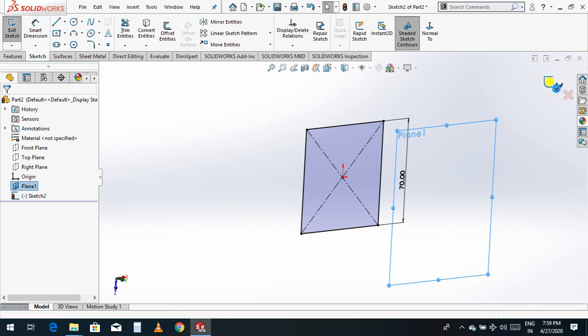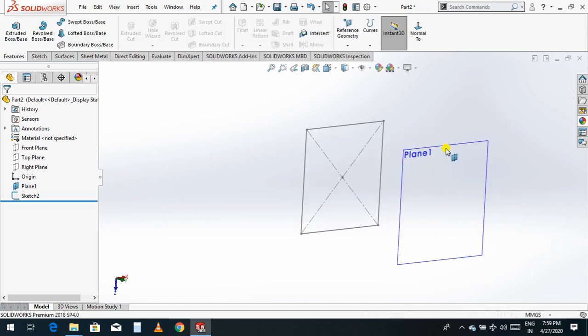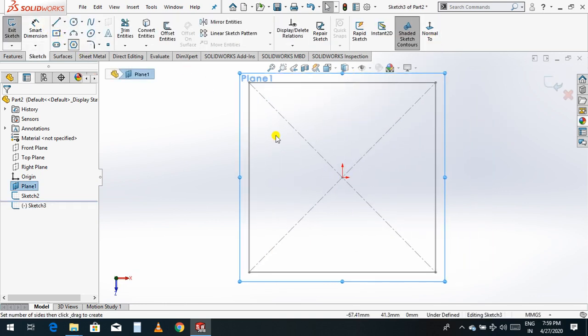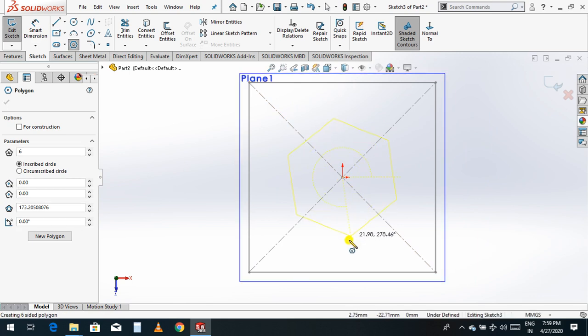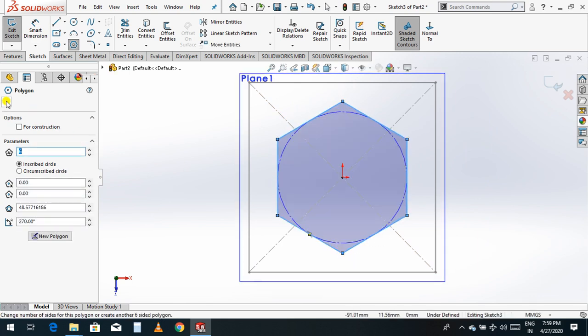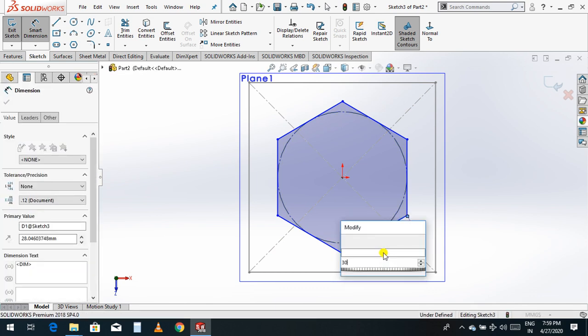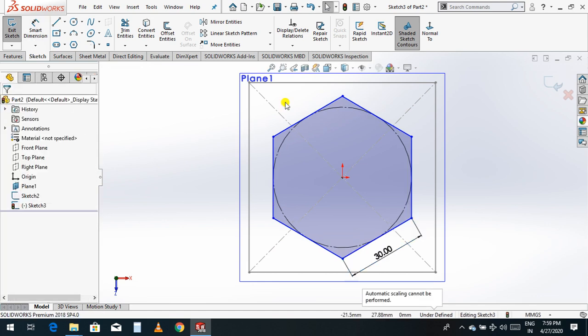Now select this plane, sketch, normal, make a pentagon, give a dimension of 30. Okay, close the sketch.